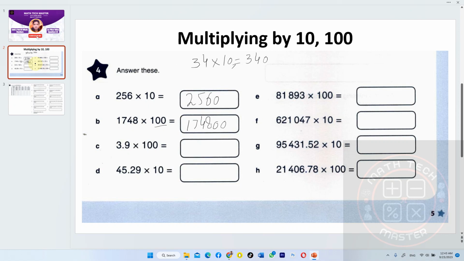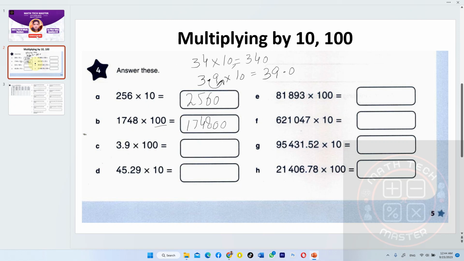So whenever there is decimal involved with the multiplication of 10 and 100, what we need to do, we need to multiply it by 10. So the pattern will be same. We will jump this decimal place towards the right. We do not have to worry about the number. We just have to move this decimal place one step towards the right. So if we jump this decimal place towards right, it will come out of the 9 towards the right and the number will be